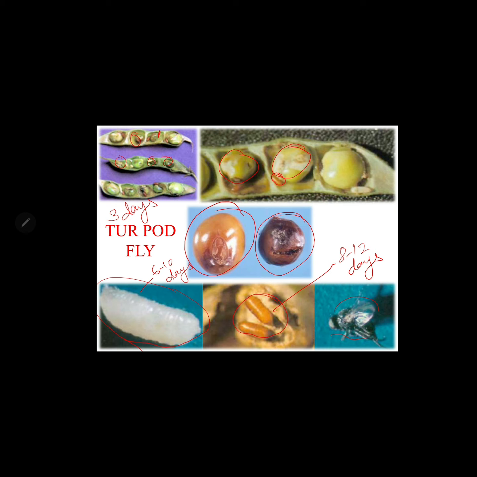The pre-pupal stage gets parasitized by Euderus agromyzi, a pupal parasitoid, and the pupa can also get parasitized by Euderus lividus. These are 2 naturally occurring parasitoids to control pod fly. Foliar application of monocrotophos 1.5 ml per liter of water or dimethoate 2 ml per liter of water is effective against larvae, and endosulfan 2 ml per liter of water can control the adult flies.